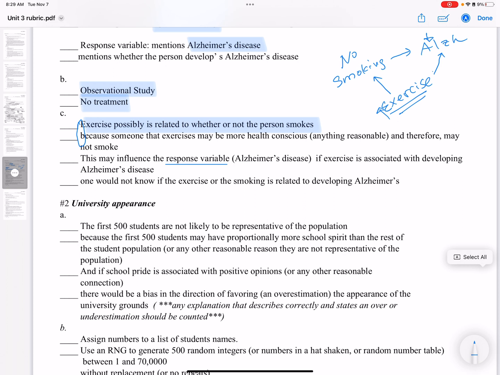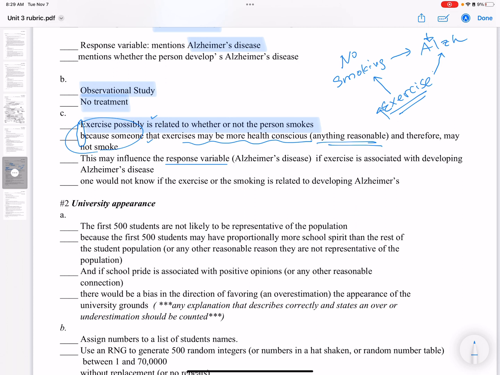So let's talk about points here and see how you can get your points. Step one, these two probably are going to go together: if you get one, you get the other, because what you're going to say is exercise is related to whether they smoke or not, which means you're bringing in something like being more health conscious. You don't have to say that. You can come up with anything reasonable. If you got the first one, you probably got the second one, because you need to say it's related potentially to the smoking. And then you need to say that exercise could also be associated with the response variable,